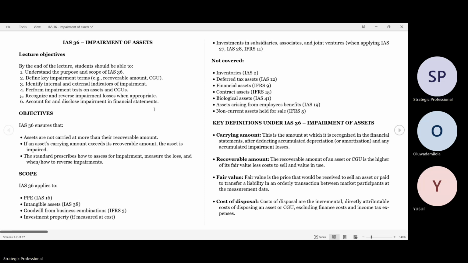Yes, I can. Okay. So before you joined, Dami gave a perspective on what impairment actually means. And I would also want you to bring in your own perspective, because to be honest, I want this to be an interactive class so that we all understand and achieve our objective. So, Mr. Yusuf, the floor is yours. So just tell me what do you understand by impairment? If you are talking, you're on mute too.